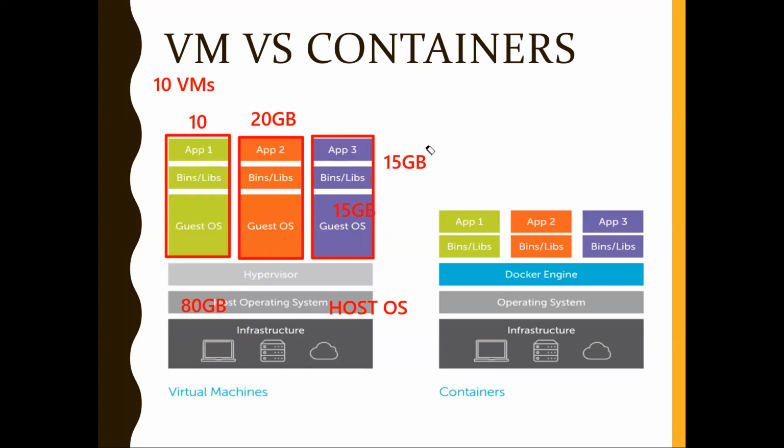VMs are huge because they just work like another normal machine. That's all. It works like another independent machine, so obviously VMs are very huge. They consume a lot of resources. They also run slowly. If you keep on increasing the VMs, they definitely work really slow. So this is the architecture of virtual machines.